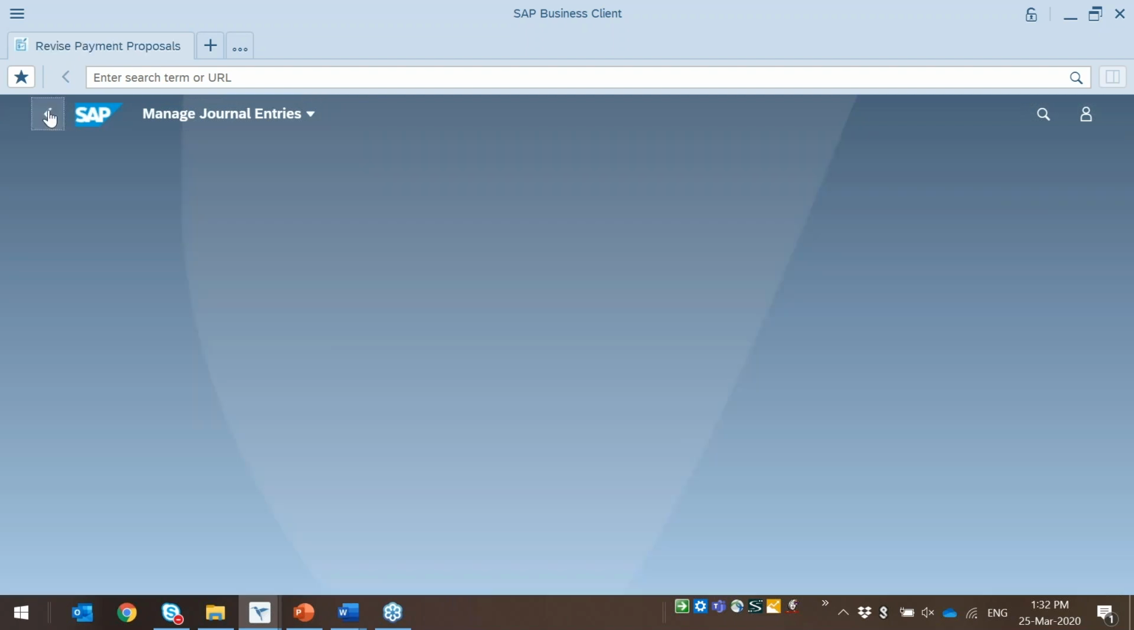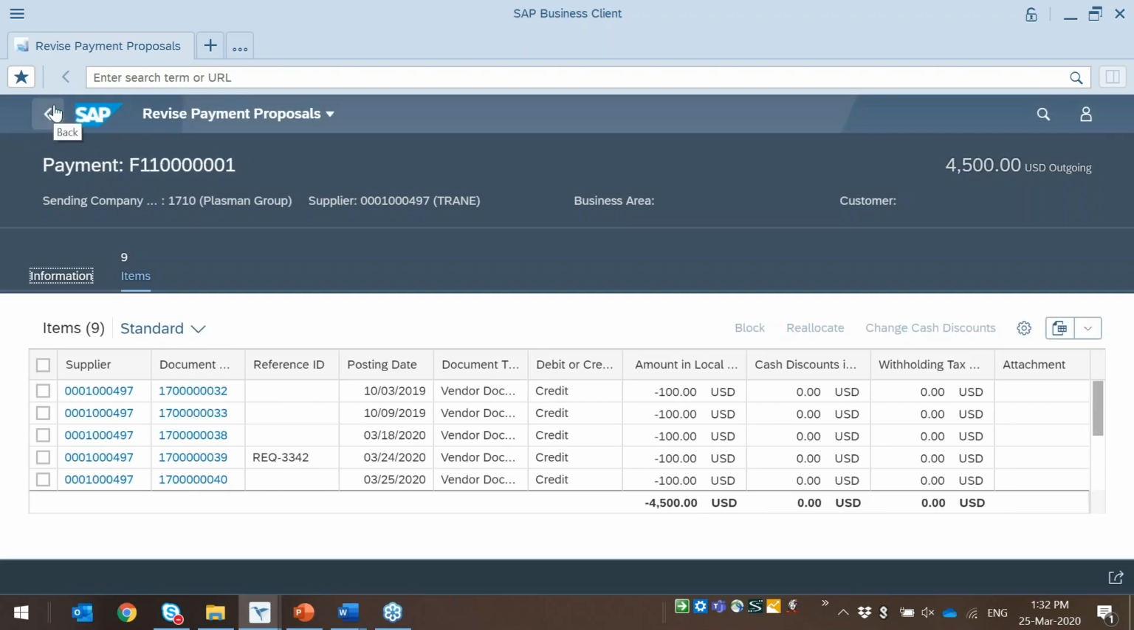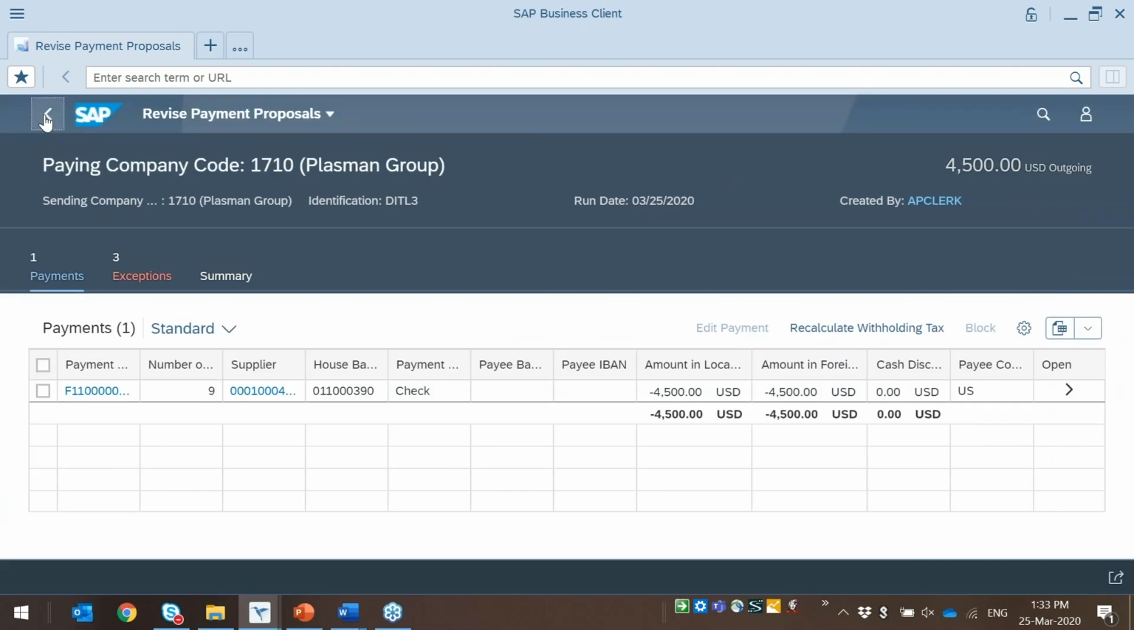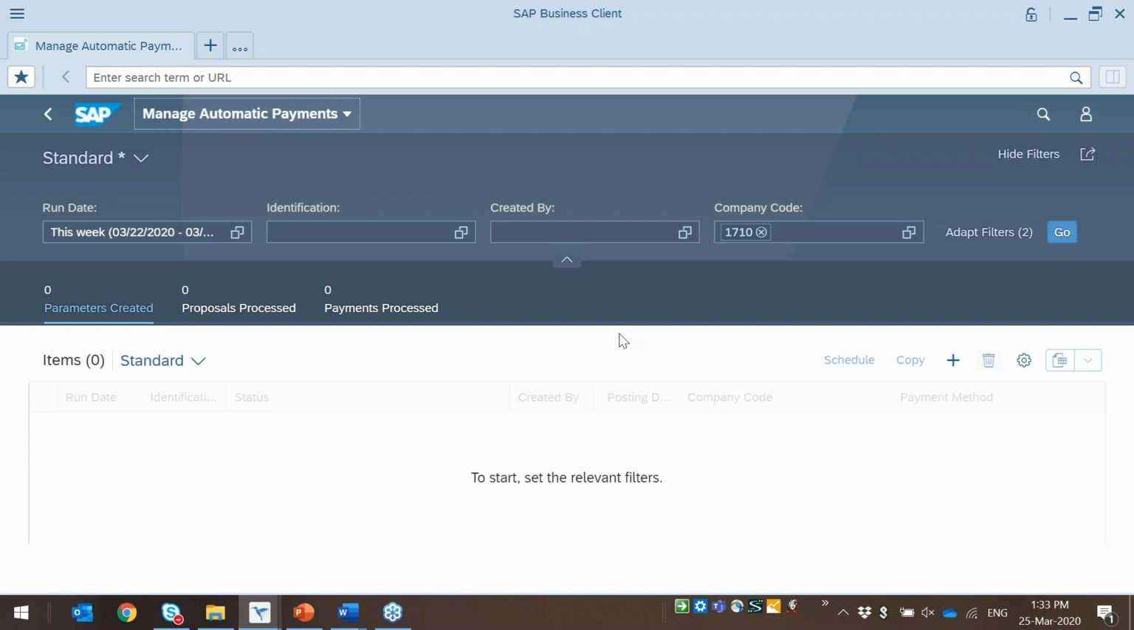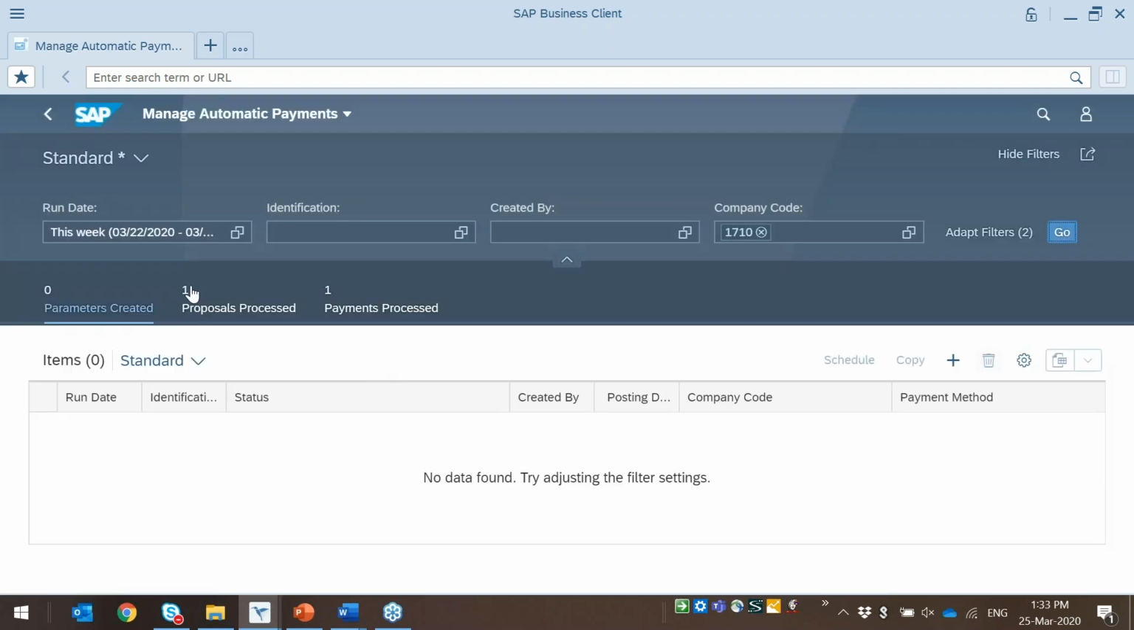But everything is okay, let's say, so I can come back. Review is okay, and then the user authorized to finish the payment would be actually coming back to the payment run itself, and then release it for payment. So if I come here, again, manage automatic payments, and I find my payment run, which has been reviewed,